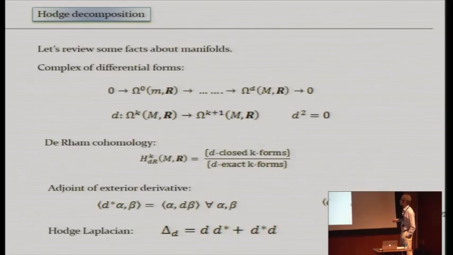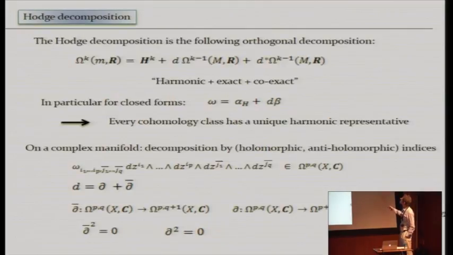That's a typo. So D takes you from k forms to k plus 1 forms, but the adjoint of D, if you just look at this formula, you see that it takes you from k forms to k minus 1 forms. So if you want this to be a k form, you have to take this to be a degree k plus 1 form. And if k equals 2, you don't get this piece. Maybe that's what you were asking. Okay, that's a typo. Thank you.